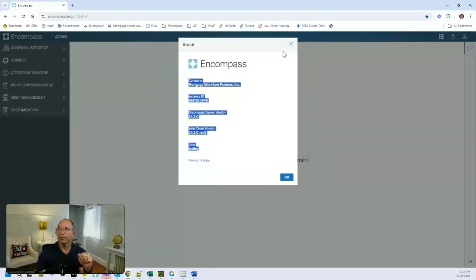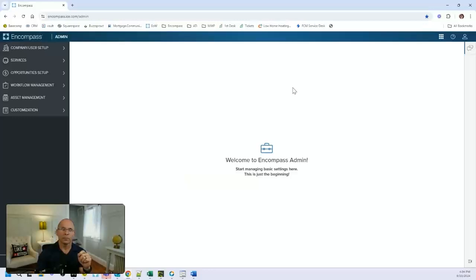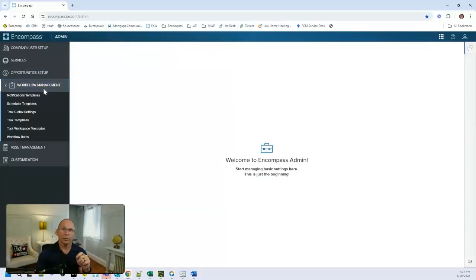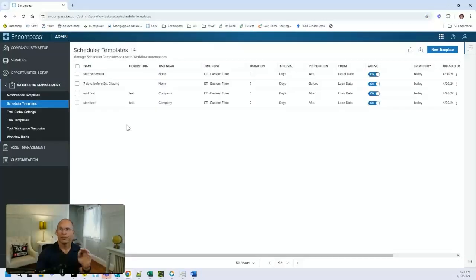All right, rocking. So let's talk about some tools because that's why we're here. We got some really good updates with the 24.2. One of the things that I wanted to draw your attention to is the scheduler. Now, I've been talking about this for it feels like a year. Finally, we got it working in 24.2, and we've gotten plenty of confirmation from different teams who have used Scheduler.